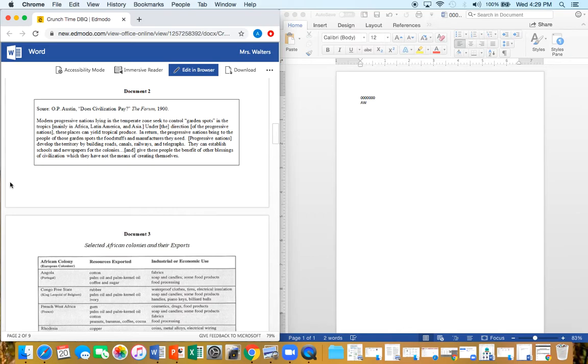So what I could do is talk about Cecil Rhodes's plan to connect Africa from south to north via railway. And then I don't know if it would be enough to talk about the term social Darwinism because it's kind